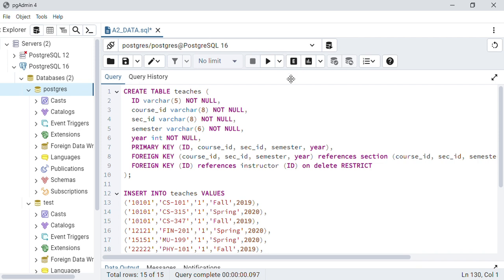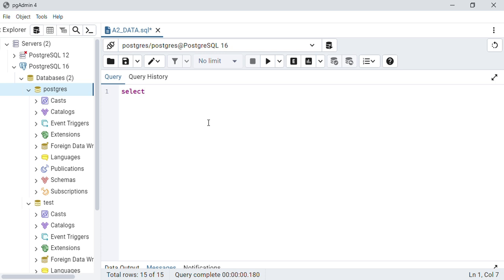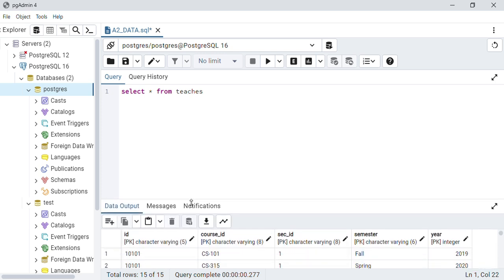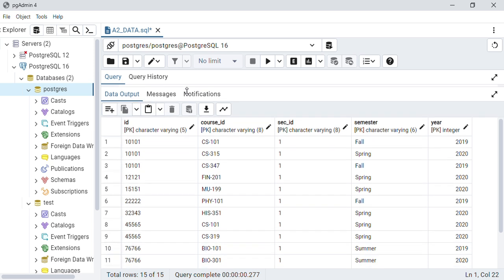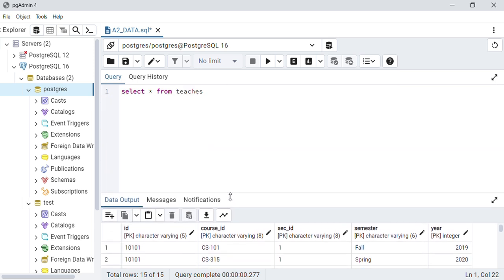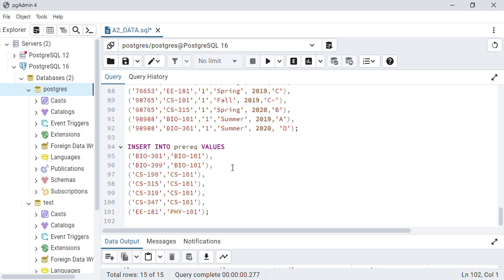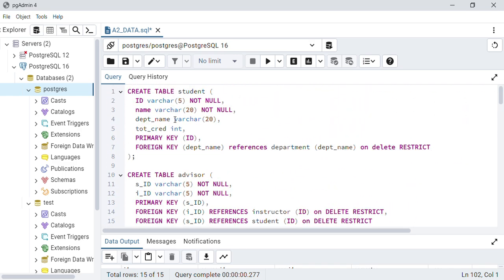So let's run this and let's look at the table. So the table looks like this. So all these attributes are the primary keys. And table student,